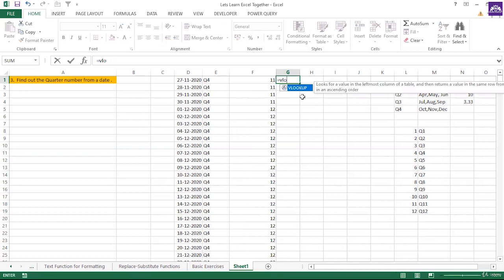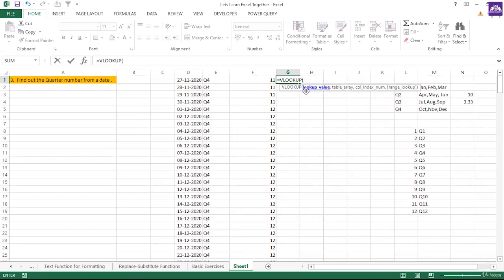Understand what VLOOKUP is, guys. VLOOKUP is the function which looks for a value in the table array. Suppose I'm looking for fifth. Of course, I have to supply the lookup value, and the table array, which table you have to pass on, which index, and then the range lookup. The definition will be easy for you to understand after we execute this